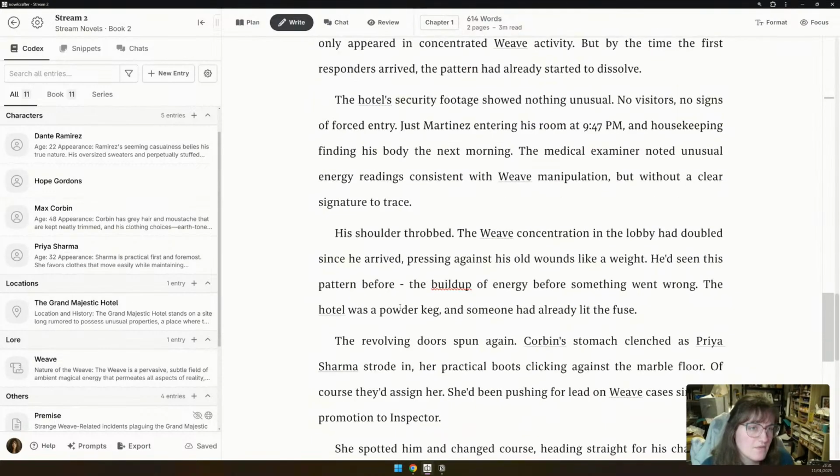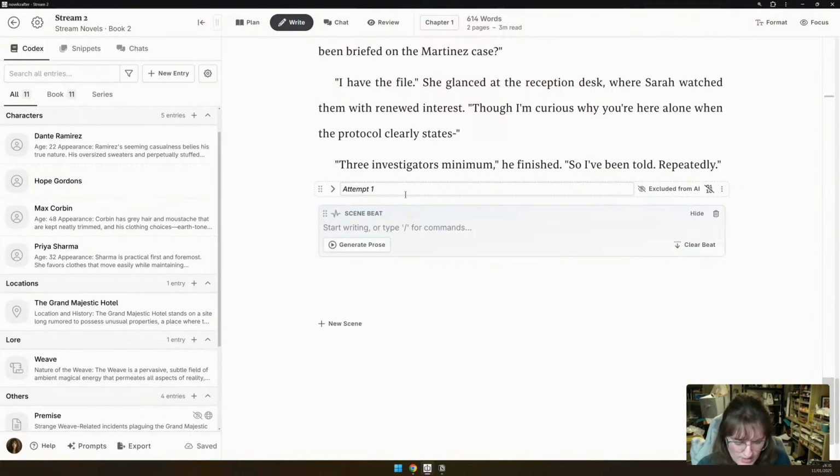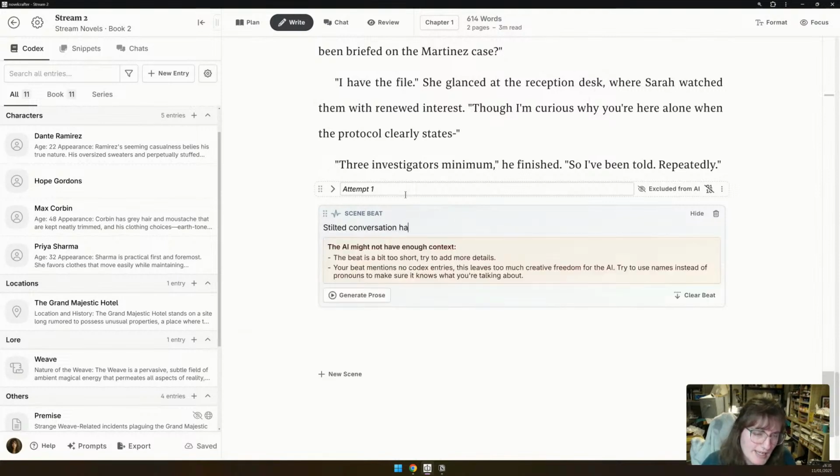What would I necessarily have happen next? Okay, so they're there. We're going. Stilted conversation happens between the two.